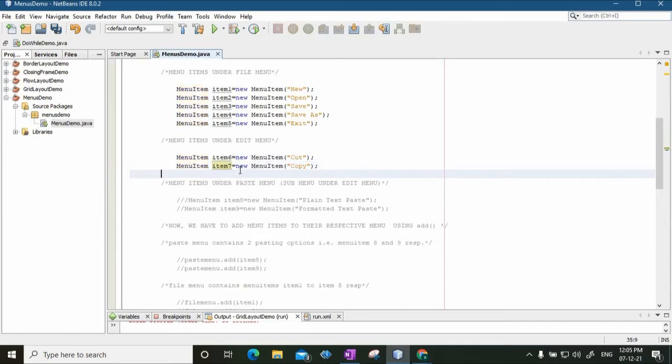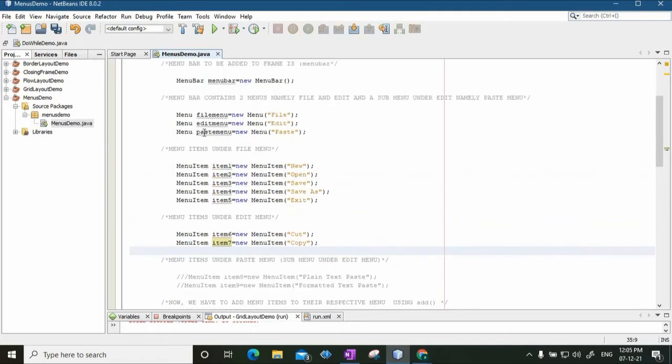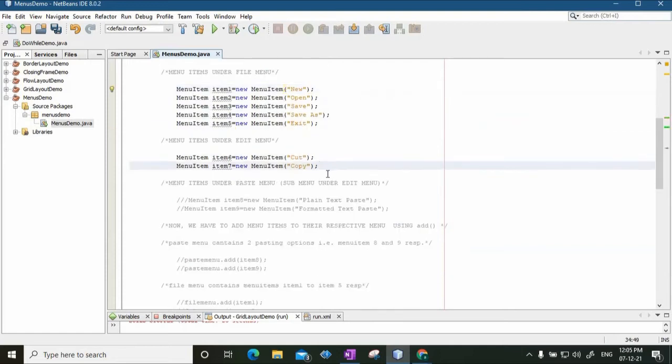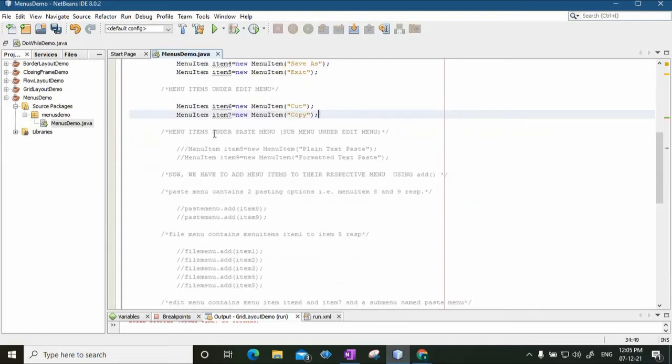So cut and copy. Along with cut and copy, as I have told you, there is another menu called the paste menu. Now what are the different menu items that you want to see under the paste menu? As I have told you, I have created another menu item, item 8, that will show plain text paste.